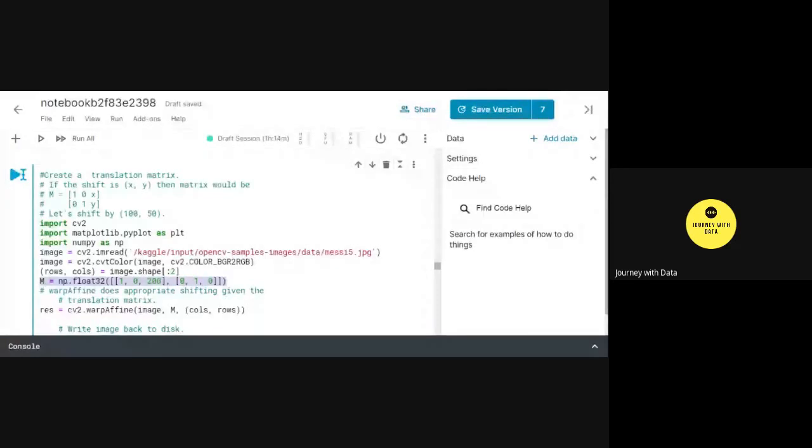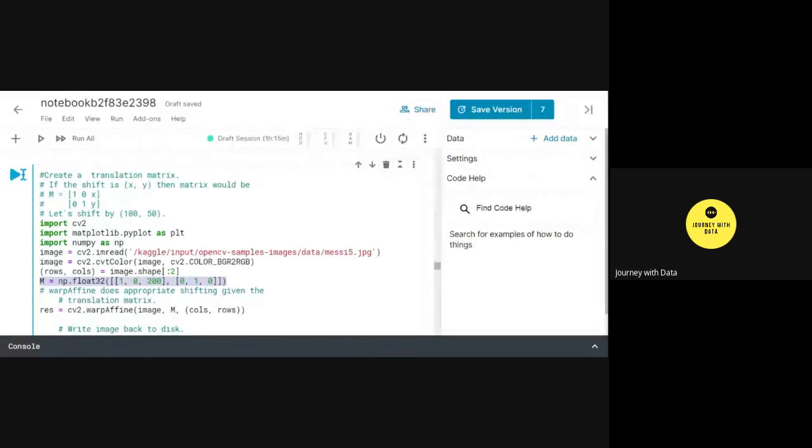So here we use NumPy. So NumPy, as I already told you, is used whenever you have to perform manipulation with arrays. Whenever you're working with arrays, you want to create an array, you want to perform any kind of manipulation on arrays, NumPy comes handy there. So for my scenario, to create a shift, as I told you, we need to define our translation matrix, so that we determine that the shift is by so and so points in so and so direction.